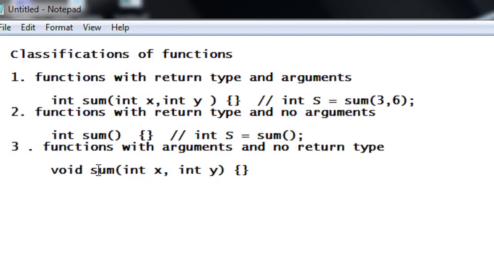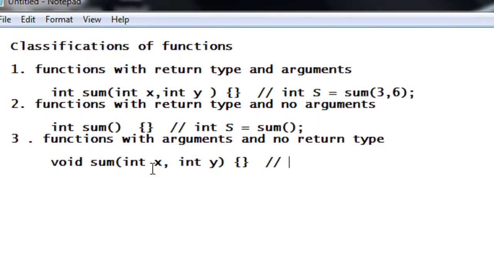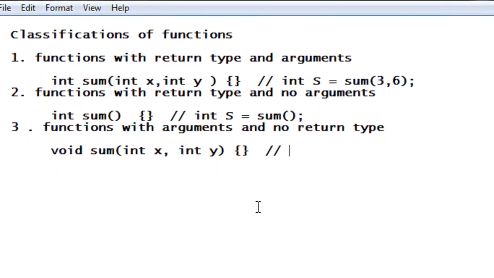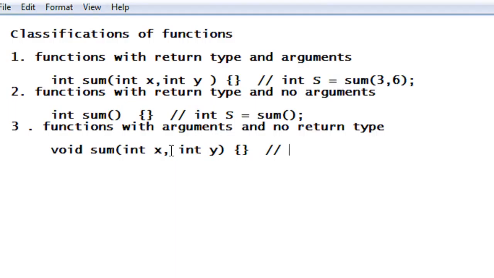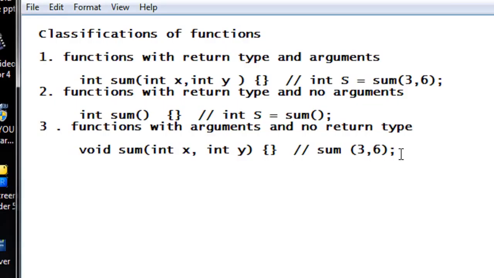But for the function with arguments and no return type, you have to pass two integers, so you can call it like this: sum of 3 and 6. This is valid. Here there is no need to specify any variable to receive a return value because there is no return type. And the final